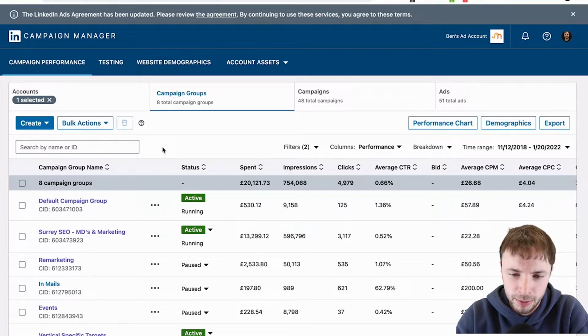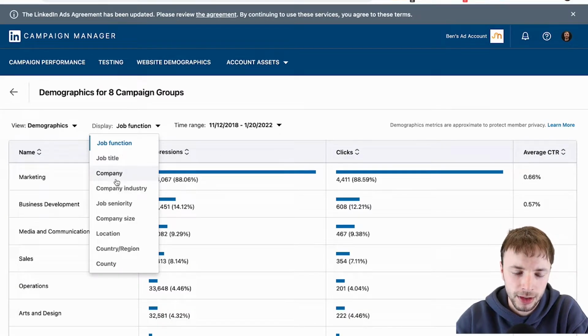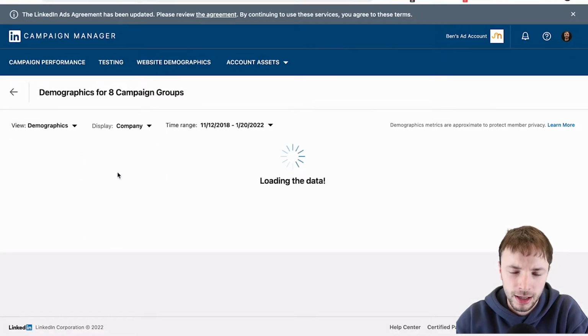First off, if we jump into the LinkedIn ads platform, we can see our campaigns and their performance here, but let's quickly jump onto demographics. If we go on the drop down and select company, LinkedIn, if this ever loads,